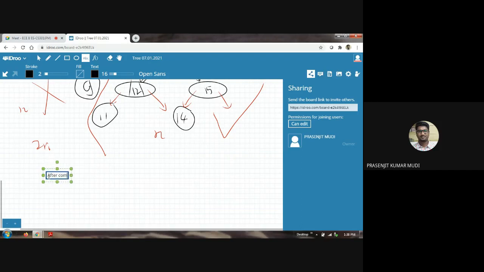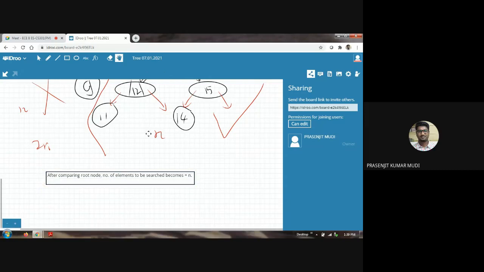After comparing with the root node, the number of elements to be searched becomes equal to n. Initially 2n, now it becomes n. Okay?